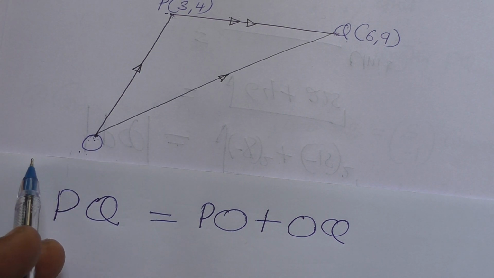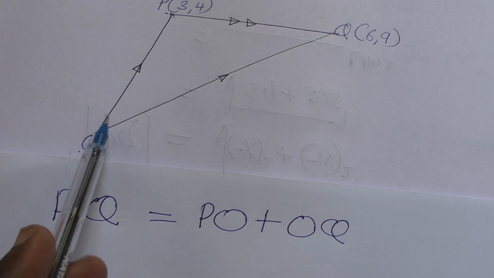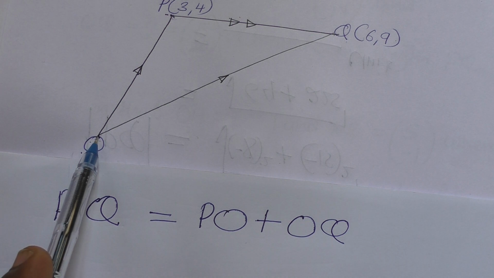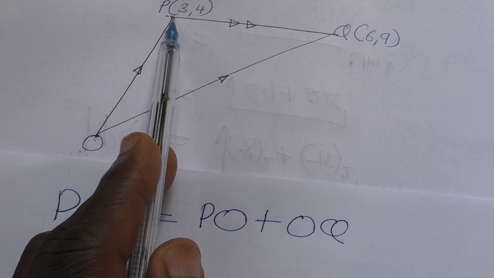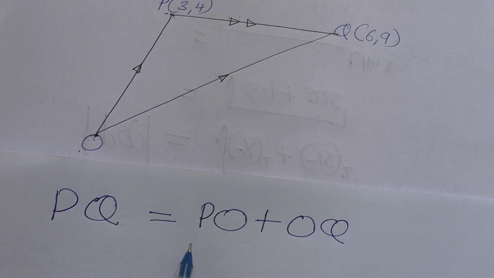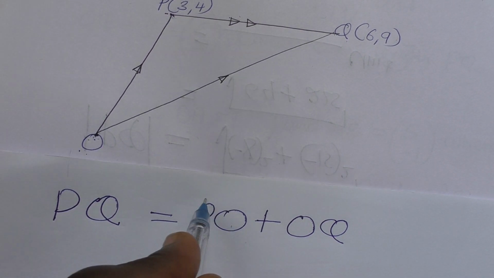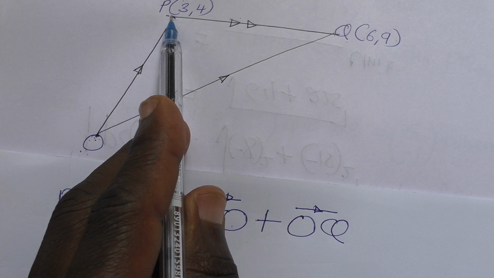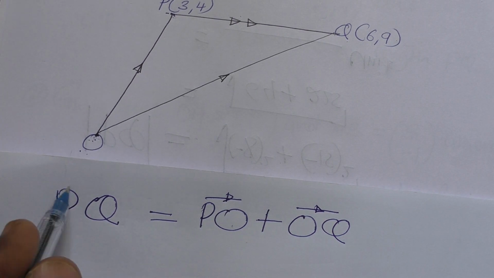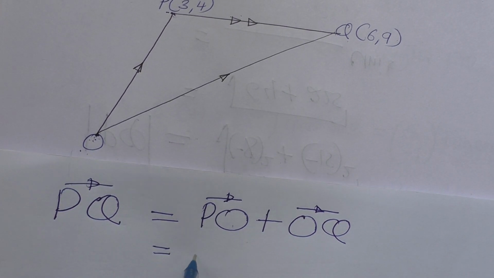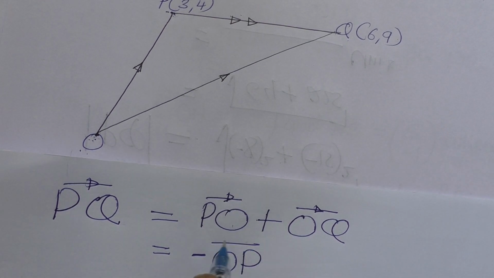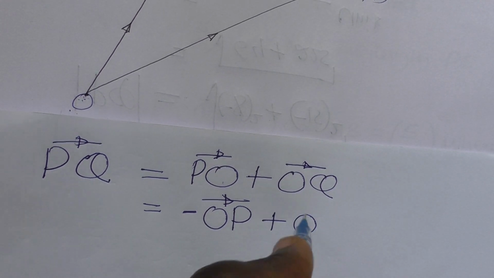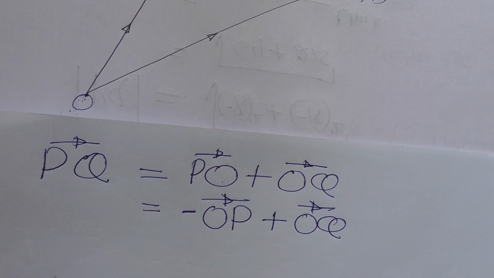And now, according to our direction, we are supposed to be moving from the origin to position vector P. But in this case, when you say PO, you are reversing the direction, moving from P in the opposite direction to O, and therefore this is given by negative OP because we have reversed the direction, plus OQ, which gives us